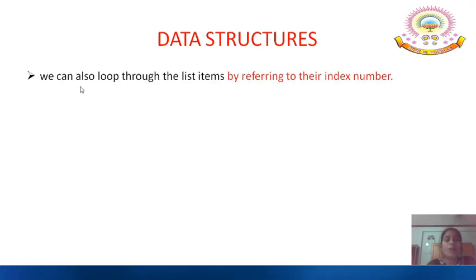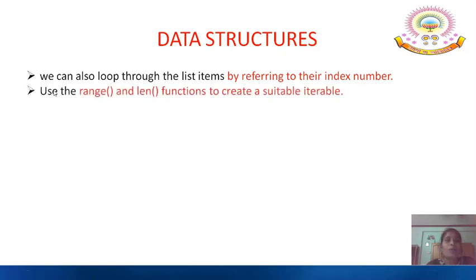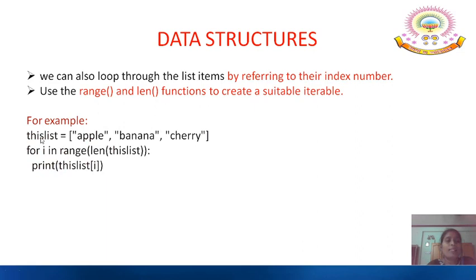Now we can also loop through the list of items by referring to their index numbers. So for that, use range and length functions to create a suitable iterable. For example, this list contains the same list of elements. Earlier we used x in